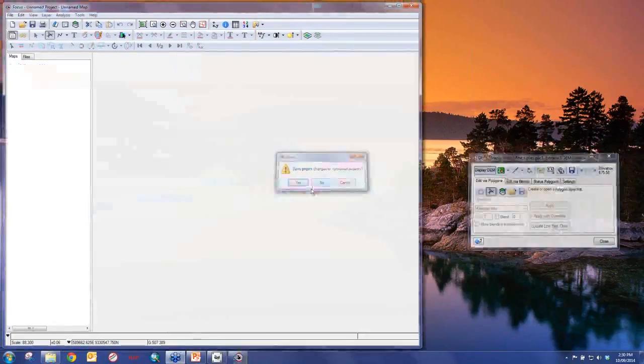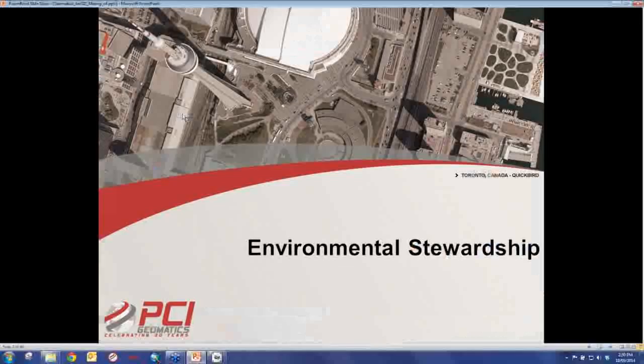Okay, so let's just return back to PowerPoint for a little bit. We're now going to jump forward and look at some concepts of environmental stewardship, also compliance reporting. Now this is basically the concept that we need to be good stewards of the world when we're making changes